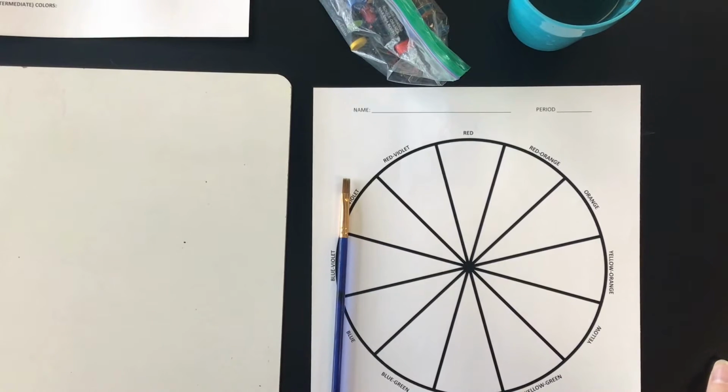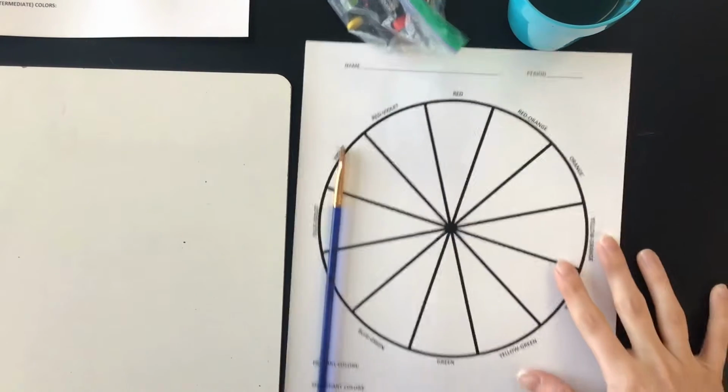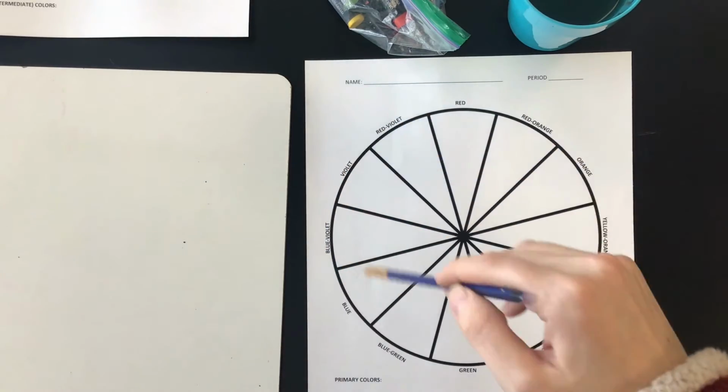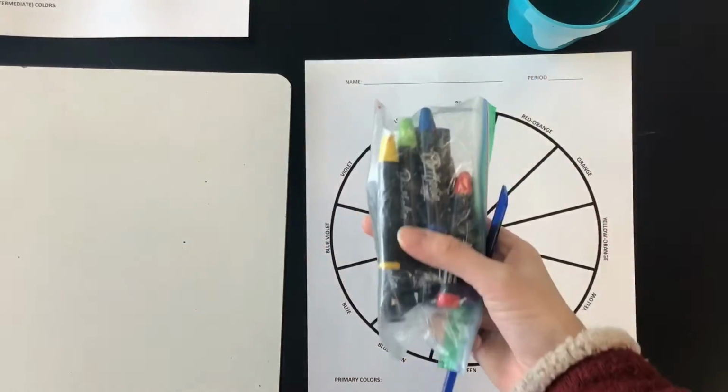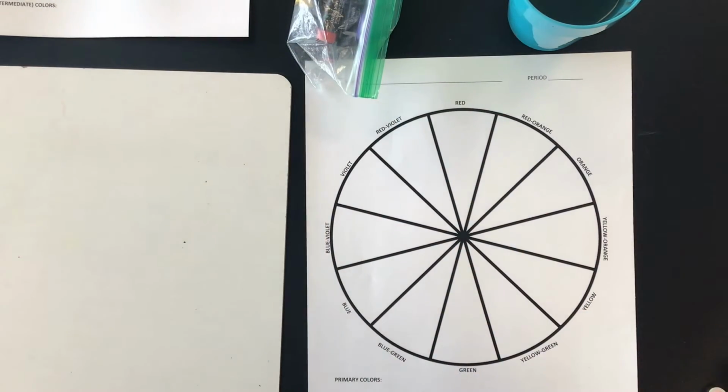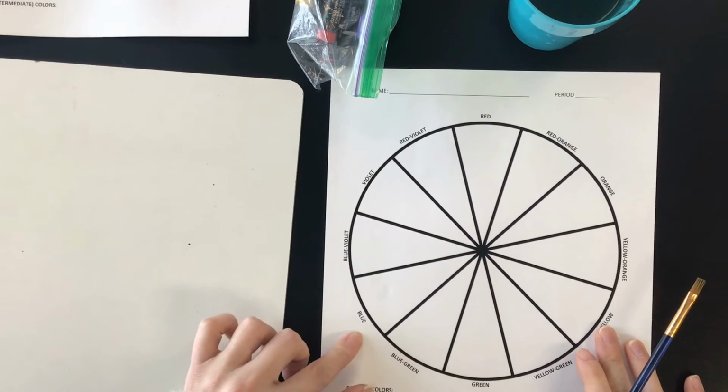Hey artists, for this asynchronous day, we are going to be creating and painting a color wheel using your oil pastels. So I mentioned this in the assignment, but the supplies you should have out include this color wheel that came in your sketchbook,